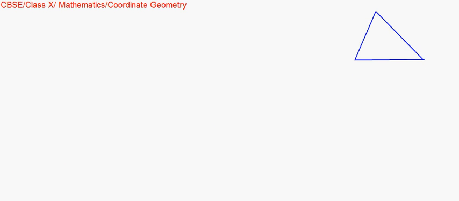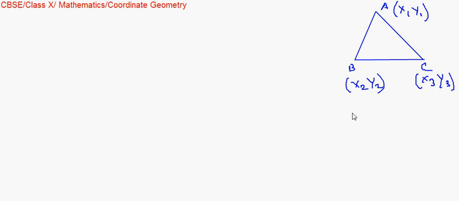Suppose this is a triangle, A given, B given and C. I give the names to the coordinates of A as x1, y1, B as x2, y2 and C as x3, y3. The formula says the area of the triangle